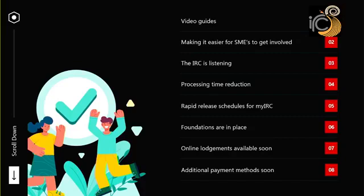And again, if there is anything confusing that you don't understand, please let us know so we can provide you more content and make it more understandable. So we're making it easier than ever for SMEs, individuals, and sole traders to get involved with the system. This system benefits everyone, probably equally, but maybe even more so the individuals, the sole traders and the small businesses that can't afford,